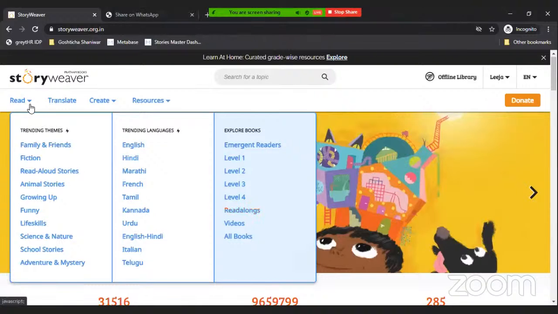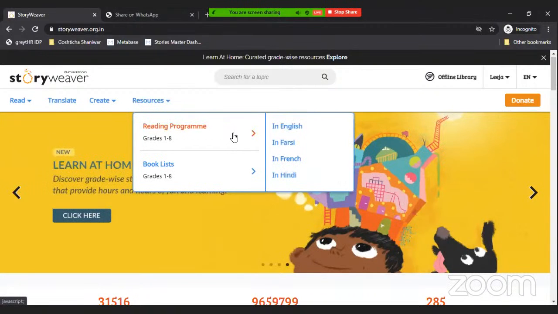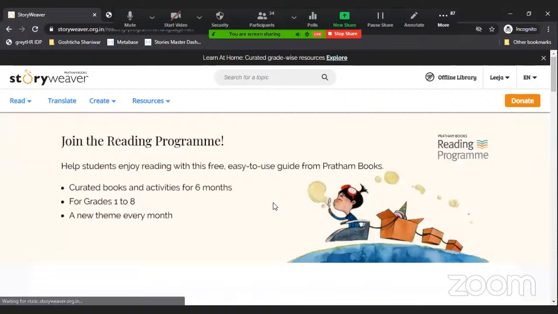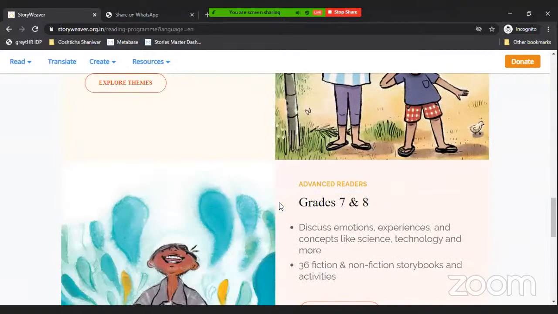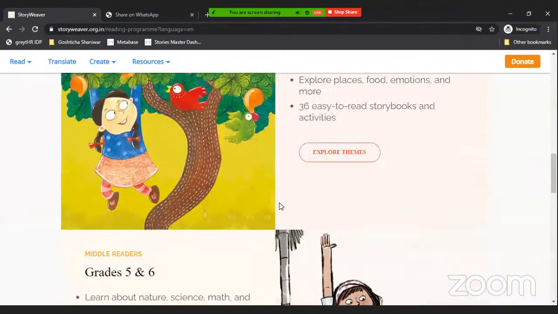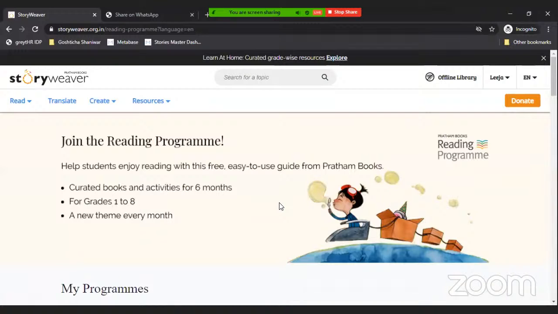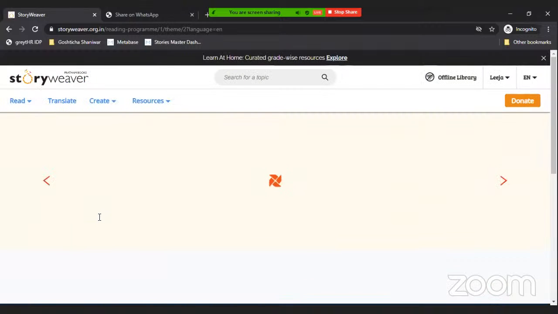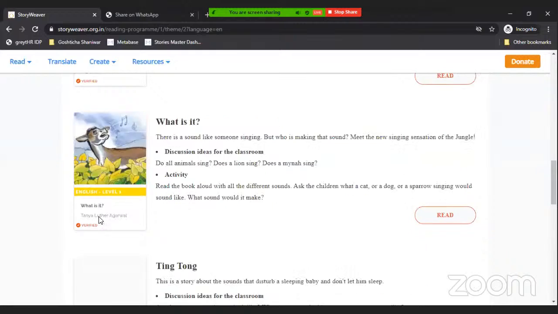Okay. So where do I find a reading program? Under resources. So in resources in English, I see that there are four reader categories I can choose from, and if I'm choosing the reading grade, the new readers,